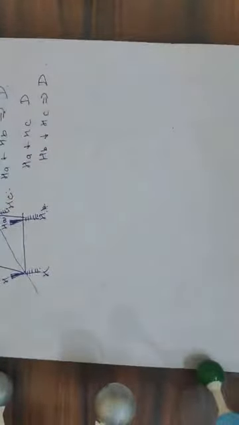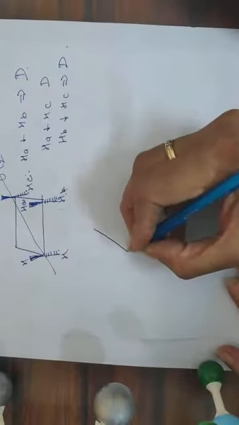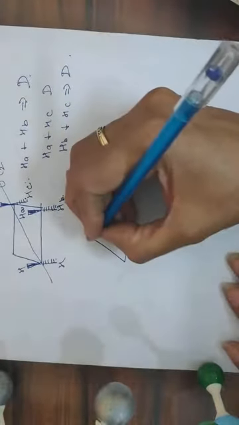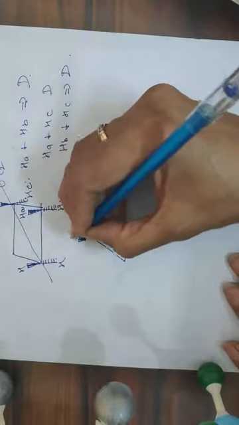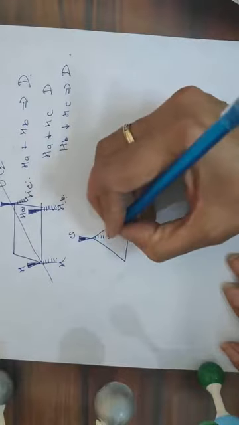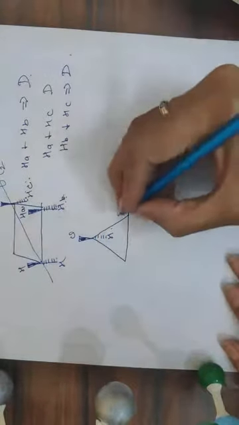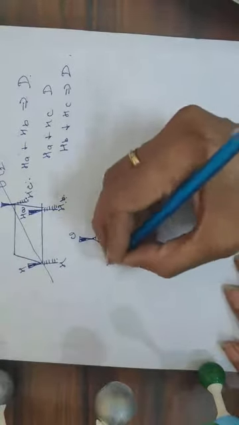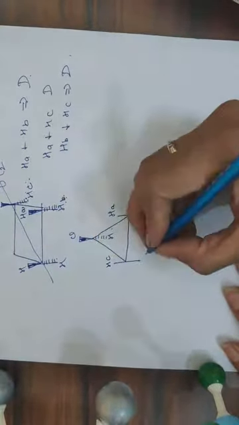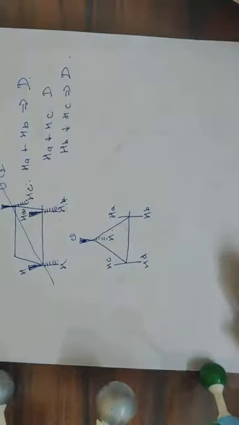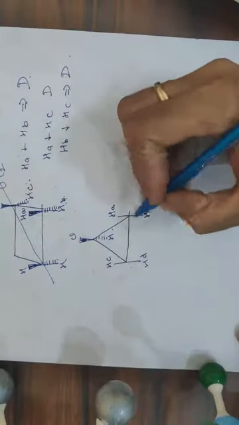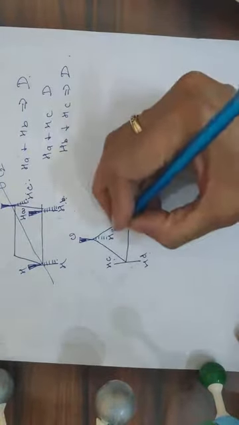So now we will discuss the next example. This is a cyclopropane ring. This Cl is lying above the plane. This hydrogen is lying below the plane. Suppose this is Ha, this is Hb. This will be called Hc and this is Hd. Now you have to find out the relationship between Ha, Hb, Hc, Hd, and this is, let us suppose, He.